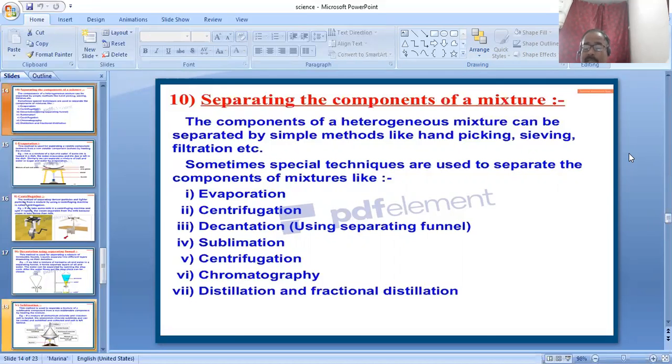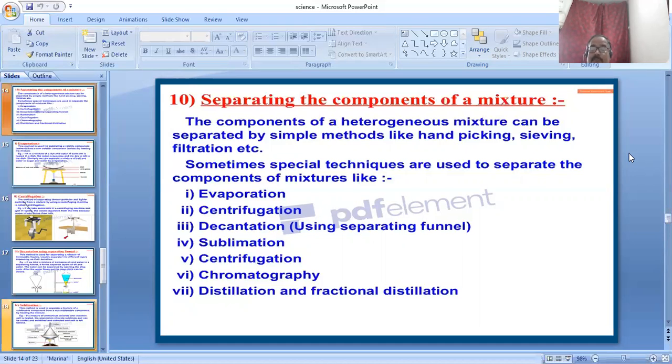But first, let us start with why we separate, that means the reasons for separating the components of a mixture. Suppose any type of product or compound contains two or more types of substances. So we use the product. Why do we separate these constituent particles? Because number one, to get a pure sample of a substance.